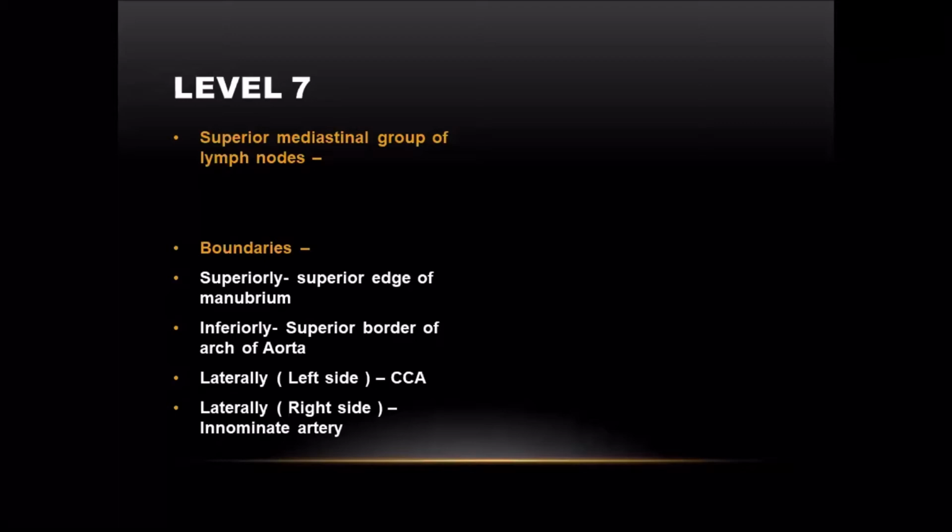In the anterior, you name all the triangles, and in the posterior, what are the triangles? Anteriorly, how many triangles are there? Four, sir. Name them. Submental triangle, submandibular triangle, muscular triangle, and carotid triangle. Okay. Muscular, carotid, submandibular, and submental.